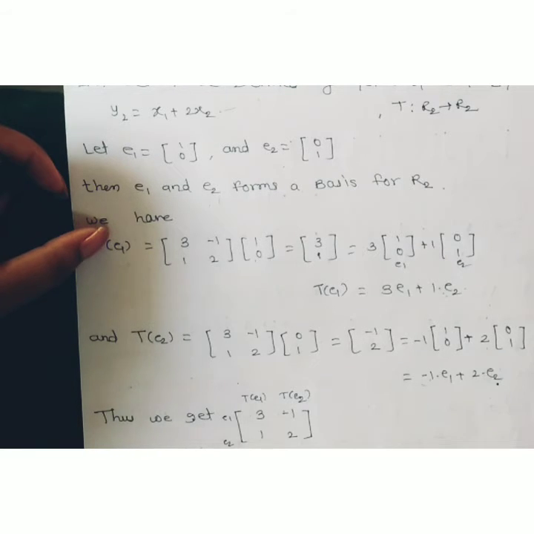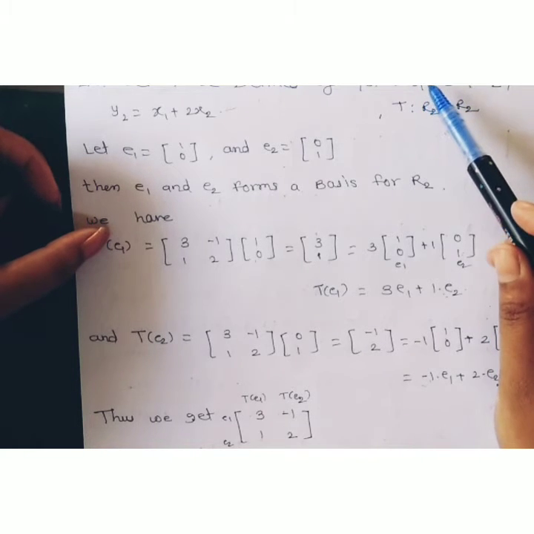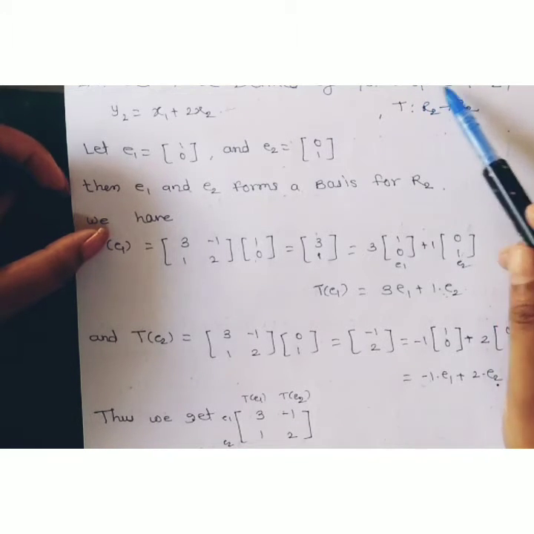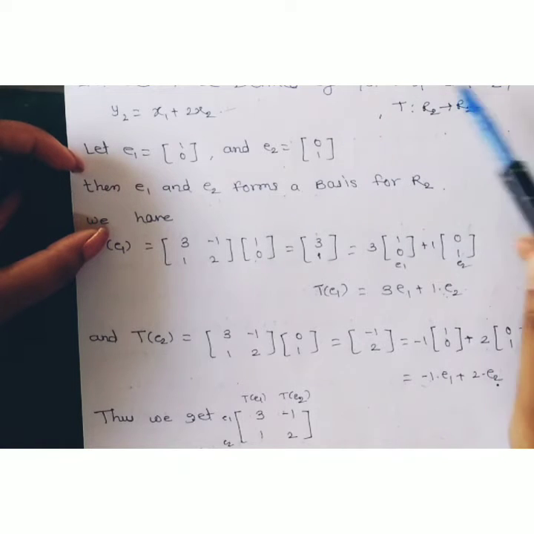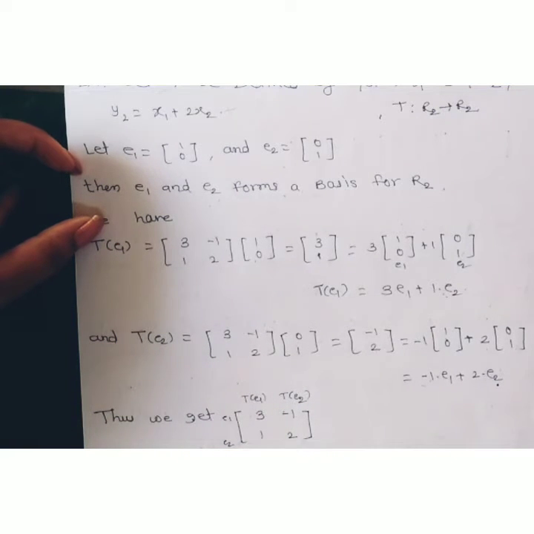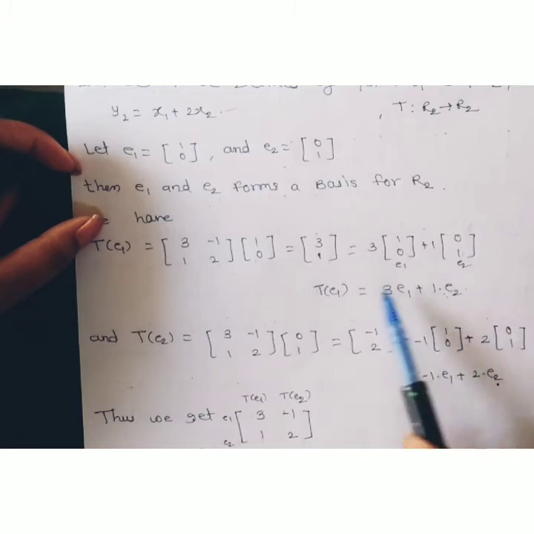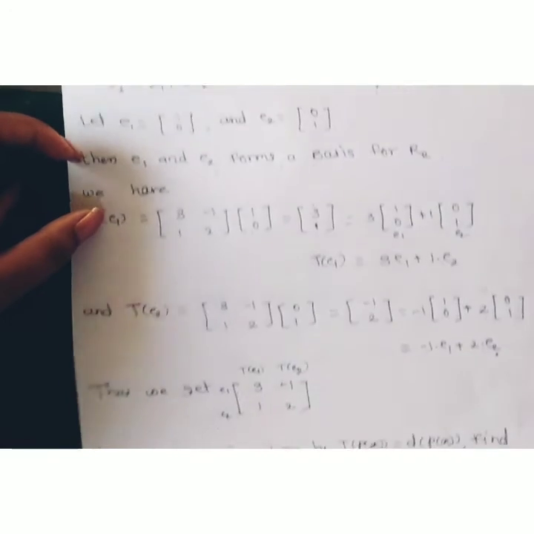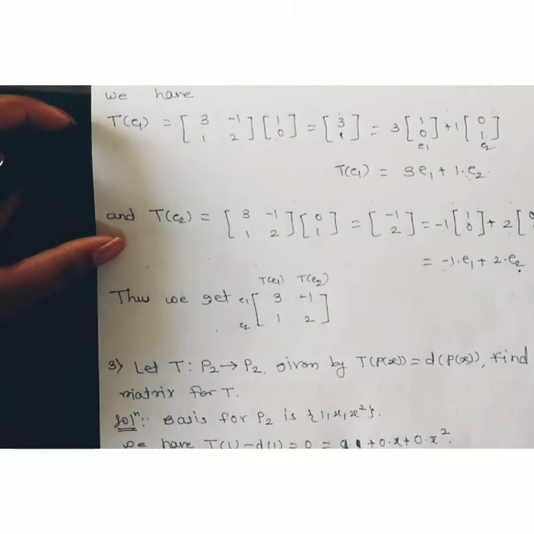Okay, here in that case we are not given v1 and v2 as a linear combination of the basis vectors directly. Therefore we have to find out first of all T of e1 and T of e2, and by using the equations which are given or calculated for T of e1 and T of e2, we can find the matrix for the linear transformation.